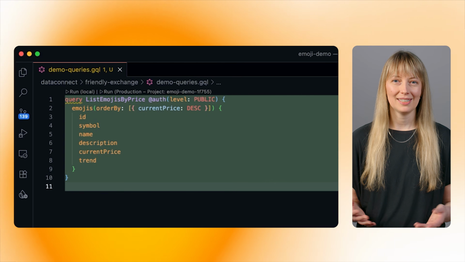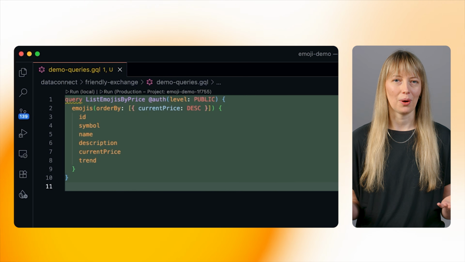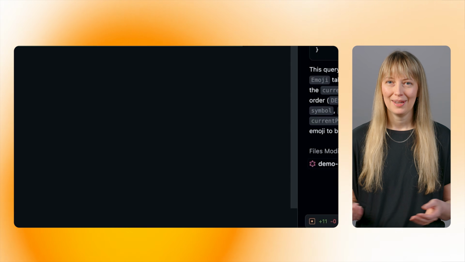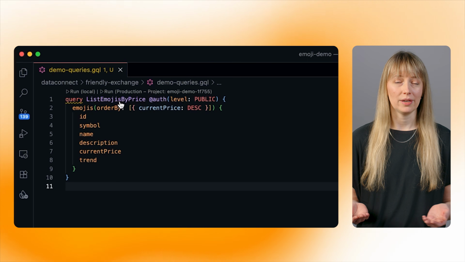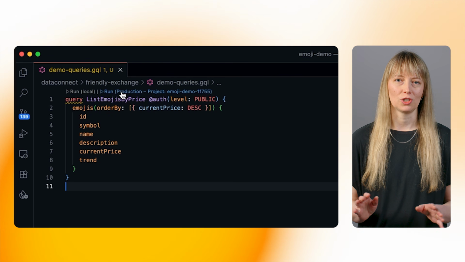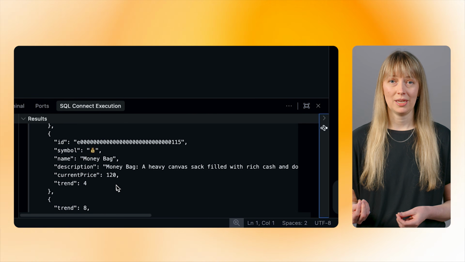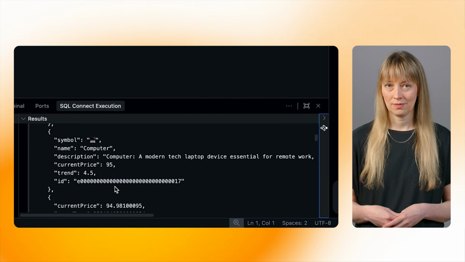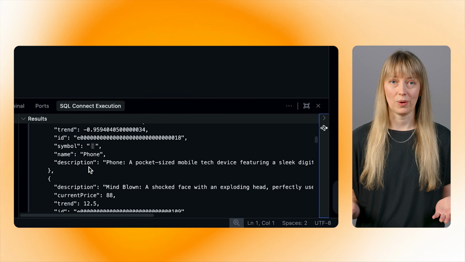Okay, great. This is exactly what I was looking for, but I want to test it to make sure it works. You know, be a human in the loop. To do this, I've installed the SQL Connect VS Code extension, which has built-in query execution, in addition to many other features. The ability to run queries against my local emulator or prod environment is super helpful for rapid iteration. I see the final result, and that the data is coming back in a way that I can easily use